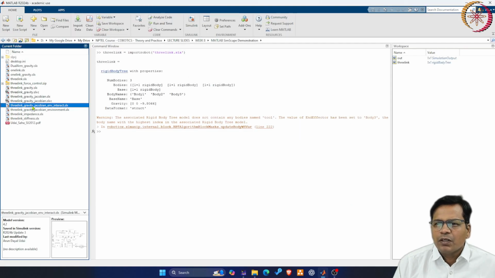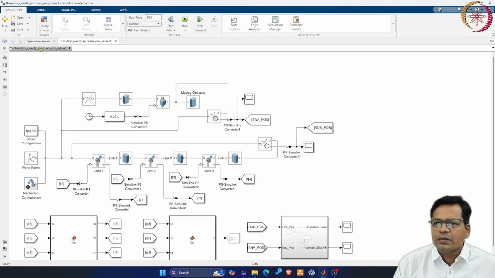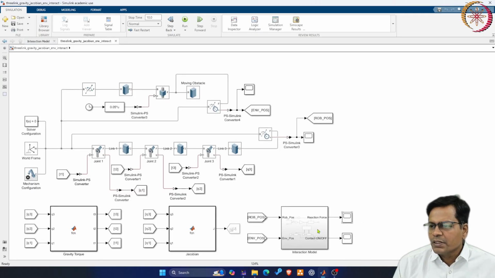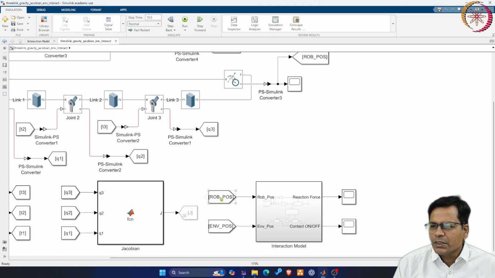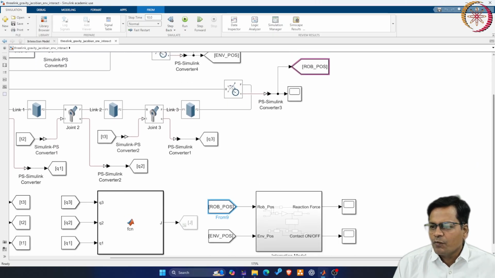So this is the environment interaction model. This time, this is my interaction model. It takes in the input of the robot's end effector position, that comes from here, and the environment position that comes from the wall location.